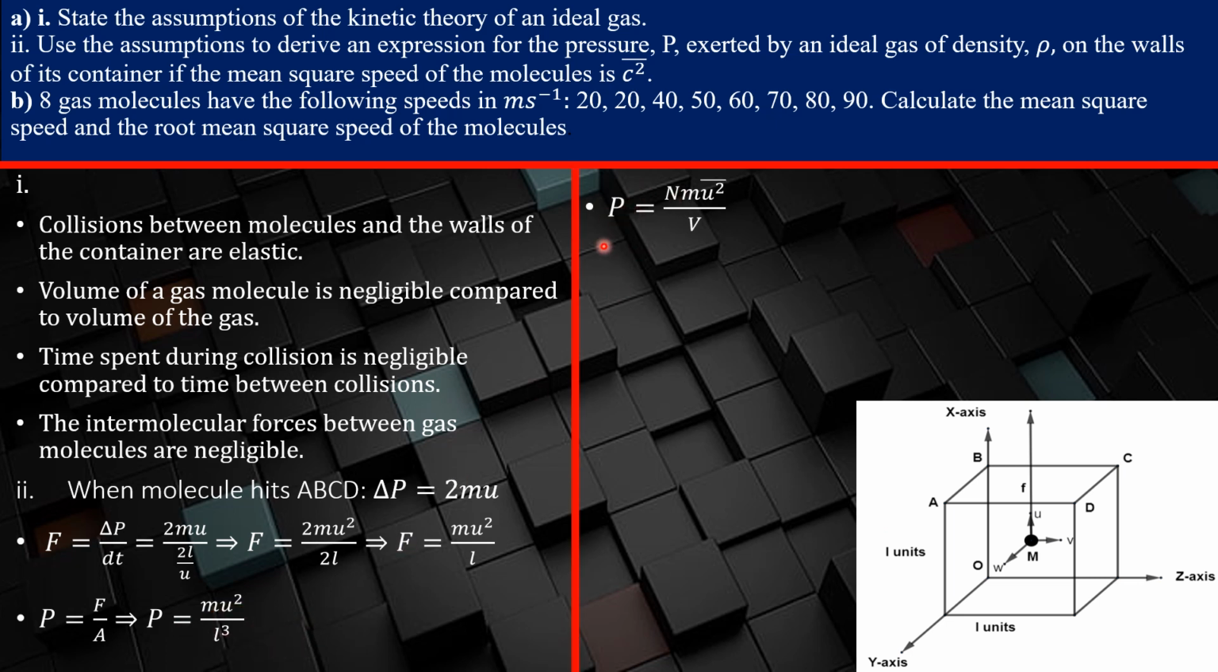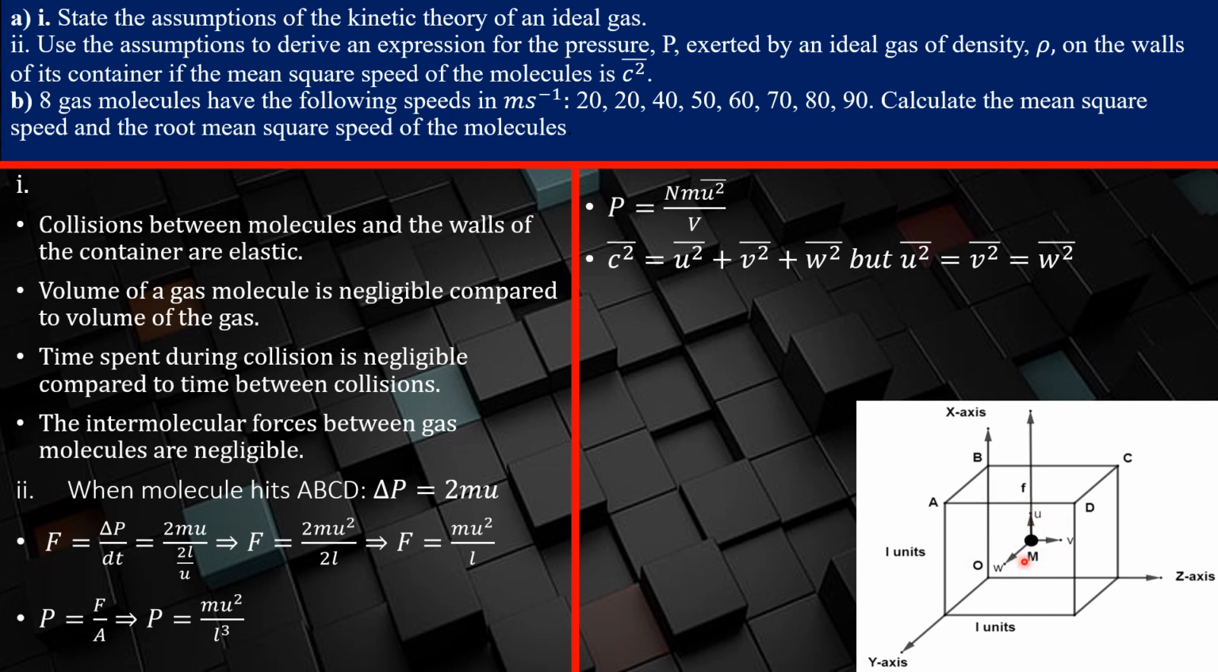Now one can get the pressure exerted by all the molecules of gas that are available in this container. If there are N molecules of gas, they are going to exert a total pressure of N times the pressure one would exert, which is simply mu squared over L cubed. So you multiply that by N. Now this L cubed, remember, is the volume of the container, so that's why you just see me putting V there. But notice that the mean square speed